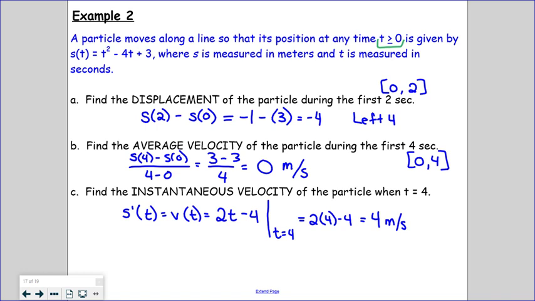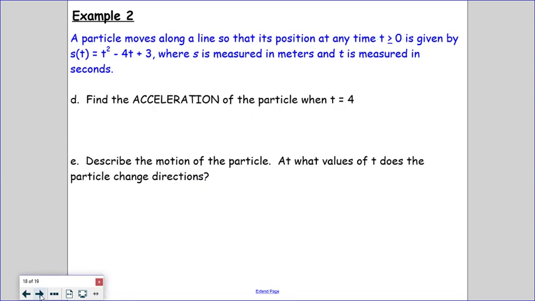Okay, I don't think we're going to quite have enough time to do this last part justice because part E takes a little bit to talk through. So I will give you a little way to start that on your assignment, and then that's where we're going to pick up tomorrow. Acceleration, we just jump in from where our velocity function was 2t minus